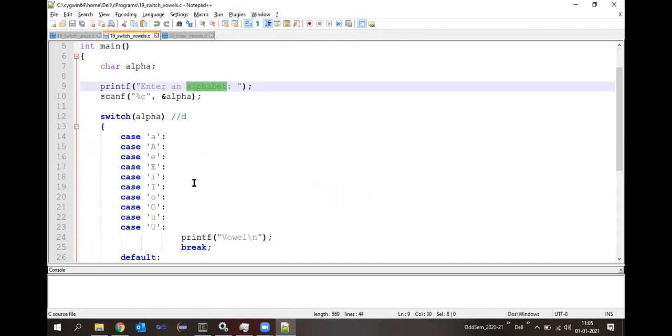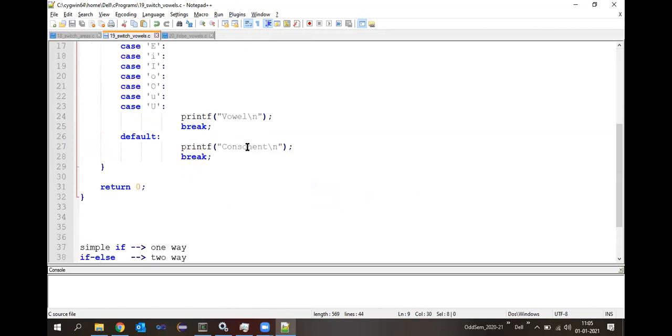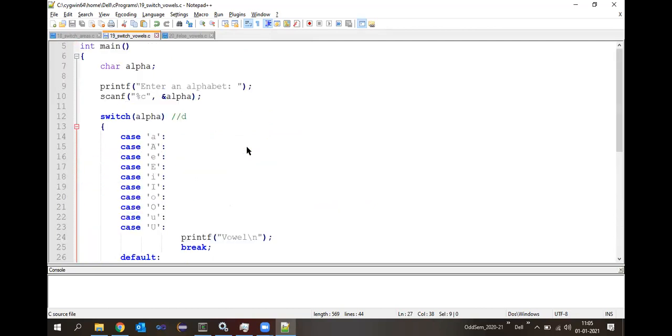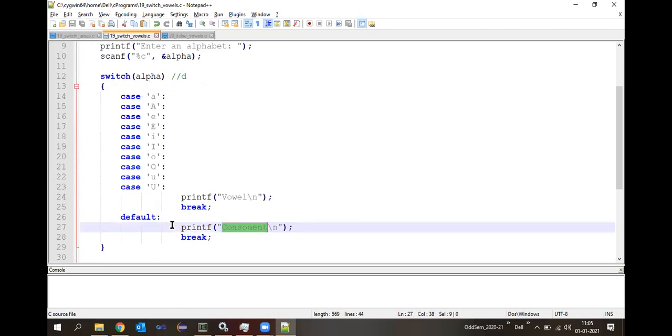It is going to show consonant. Then how can we handle those scenarios here? In the switch cases, if I want to handle digits, I need to write 10 different cases for digits, right?